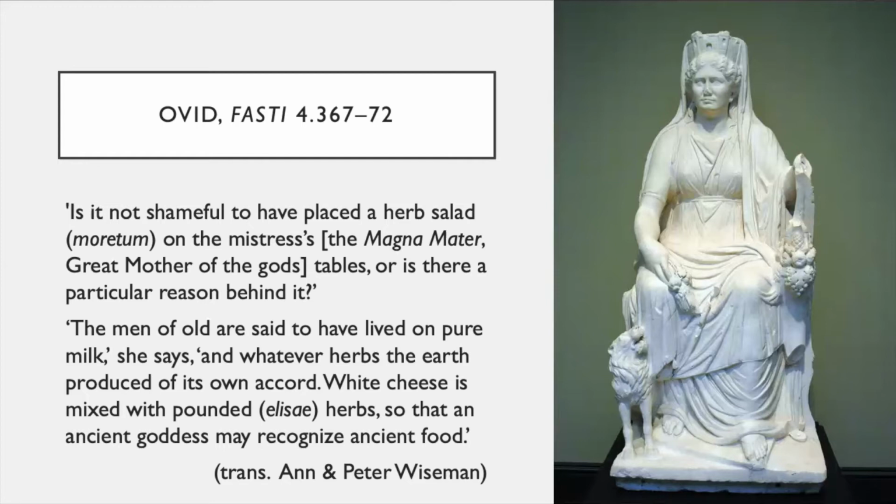Okay, so all of these paradoxes in tandem kind of inform the close of Ovid's account of the Megalensia in this Moratum. And I want to focus also in this discussion on the word elisi, here meaning pounded or crushed. And it comes from elidere. And Elaine Fantham in her commentary calls this choice of word, which you can see in the second last line here, rather drastic. And it is an unusual choice because it only appears here in the Fasti or in all of Ovid's other elegiac poetry.